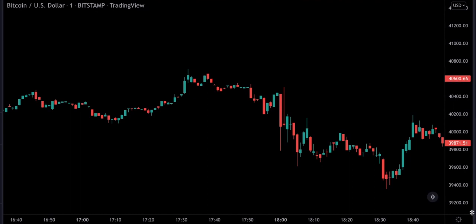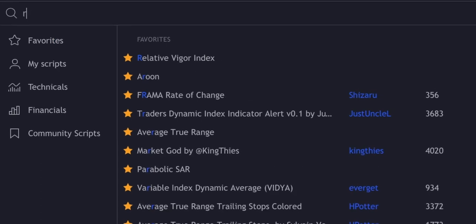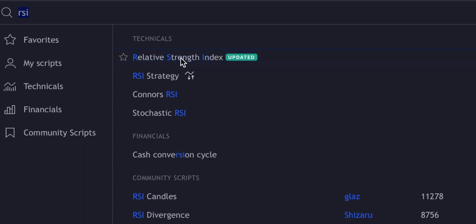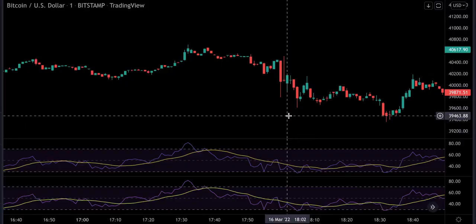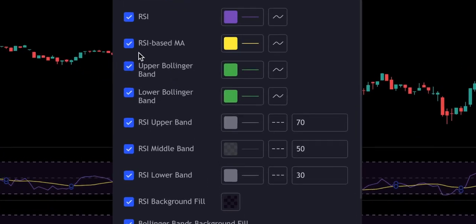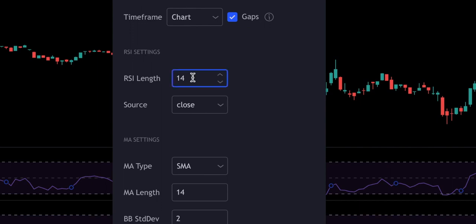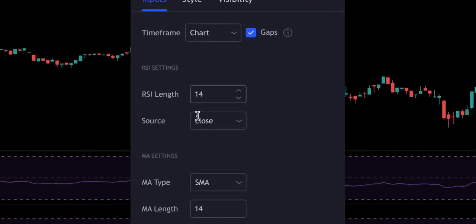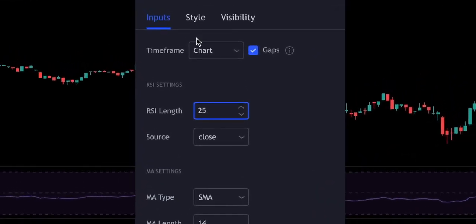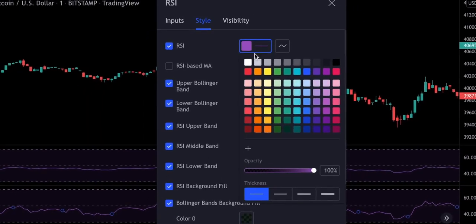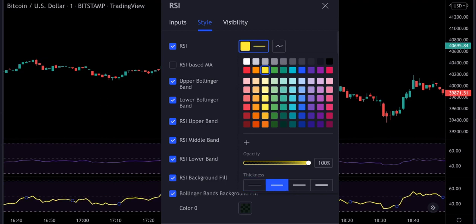For this trading strategy, we're going to use an indicator called RSI, Relative Strength Index, and we're going to pick two of those. Okay, so first of all, we need to go into our settings on these indicators and change the inputs. So we're going to get rid of this RSI based MA, and we're going to change the inputs from 14 to 100. On our second RSI, we're going to change the settings from 14 to 25. We're also going to untick that RSI based MA, and we're going to change the color, make it more visible,